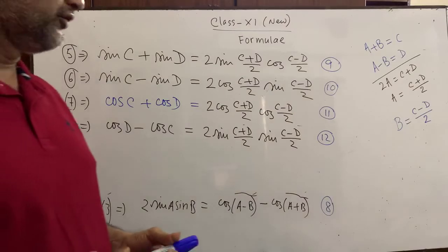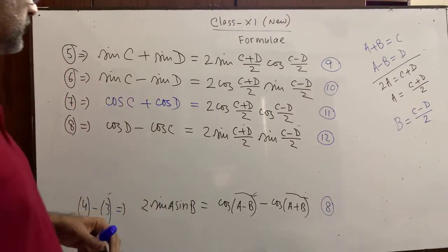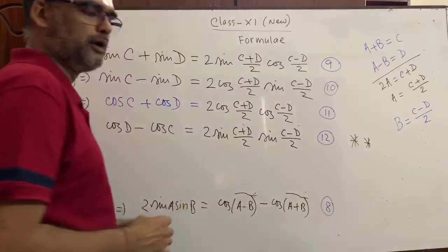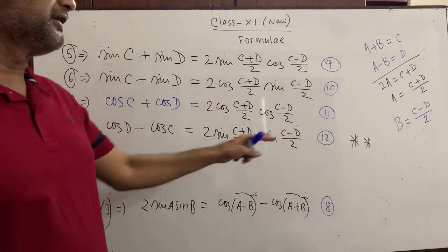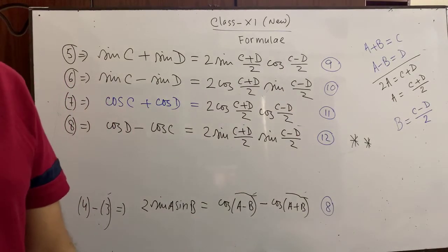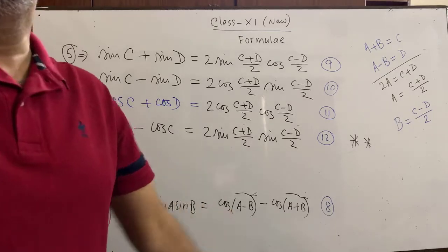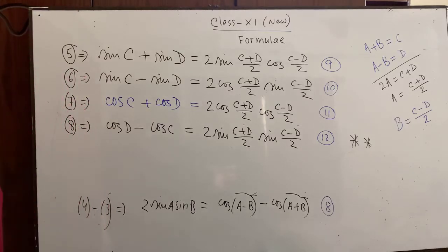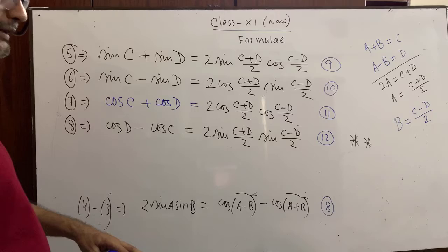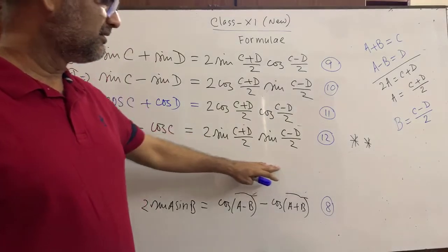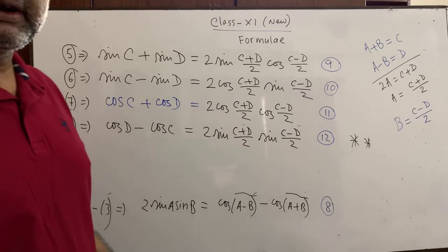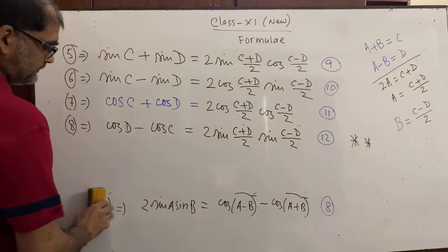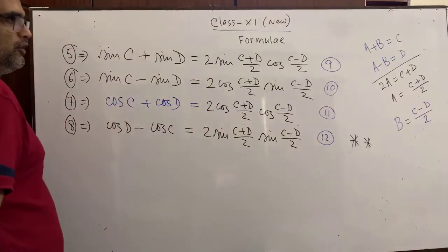Actually we have got 12 formulas, right? And these formulas will trouble you in course of time. You will be troubled by formula number 12. It will be given, or you will get it in many maths problems, and you will suffer for this. So the best way is to memorize the formula, because in the exam hall you will not get time to prove. Okay, just copy it. All of you are required to copy it.